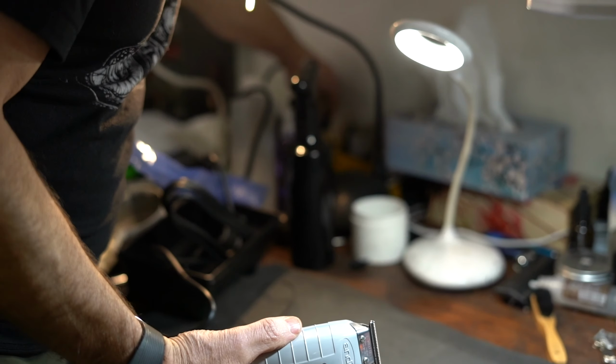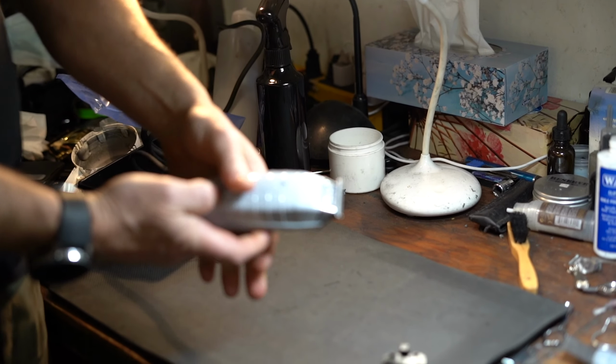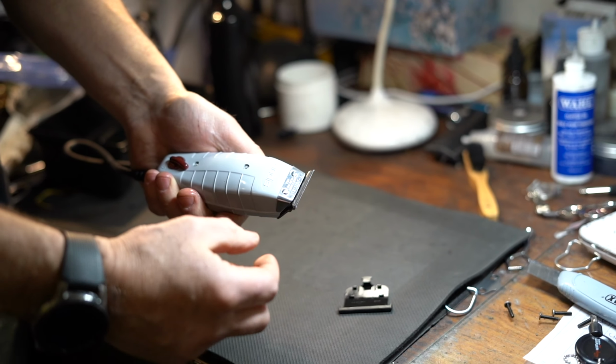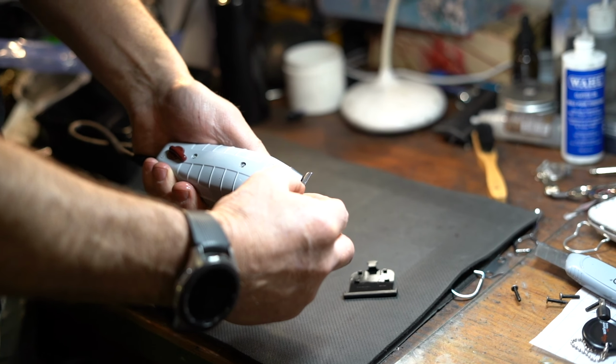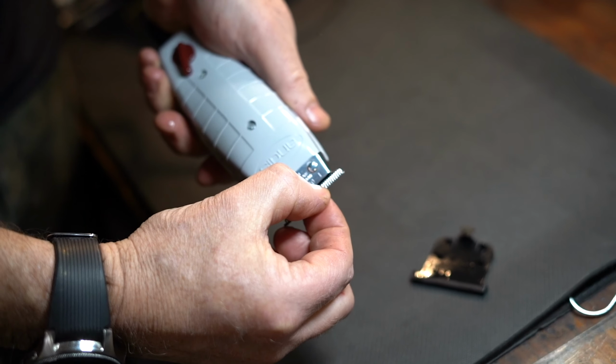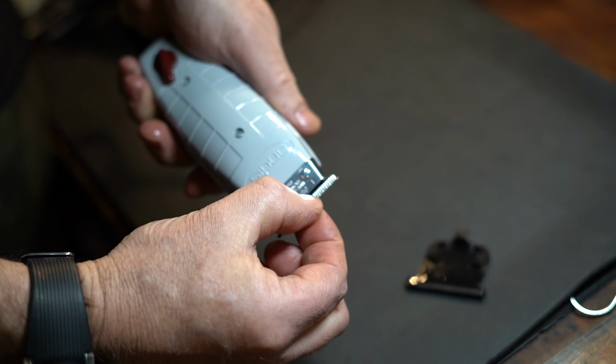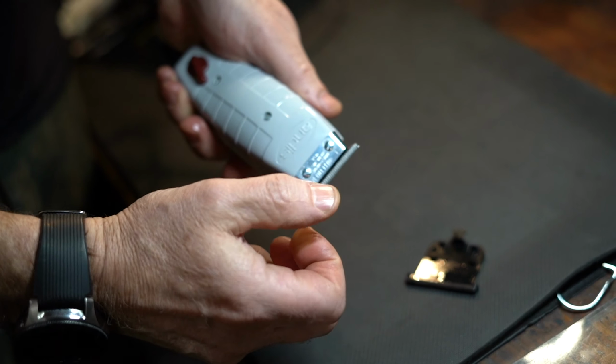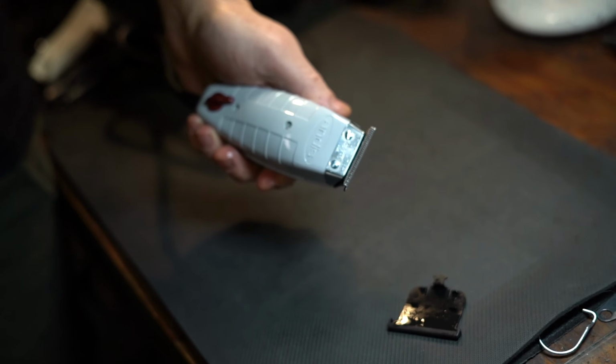Anybody who's worked with this machine will, there we go, right off the bat, running what seems to be nice and strong, but if I just put a little pressure on that blade, stops right away. And that's not much pressure. You imagine that you're going through a little bit of bulk there, that's just not going to cut smooth. So, the trick,